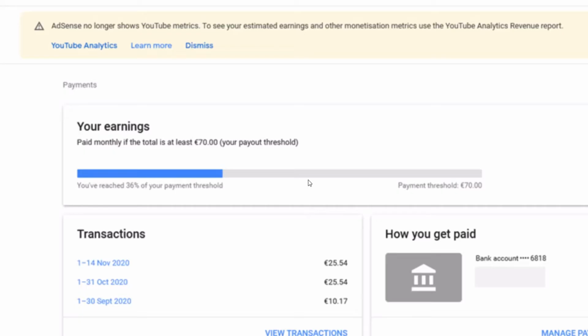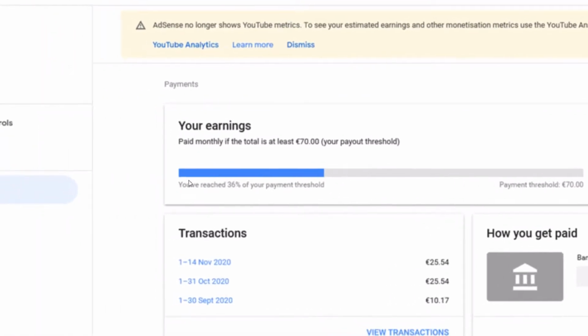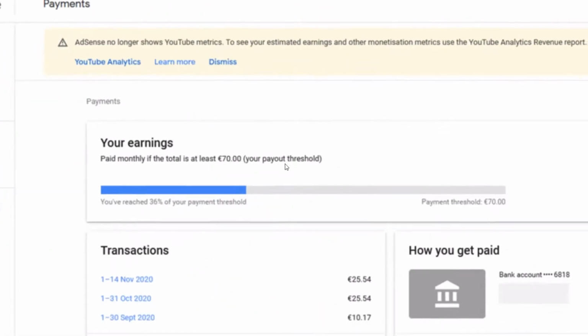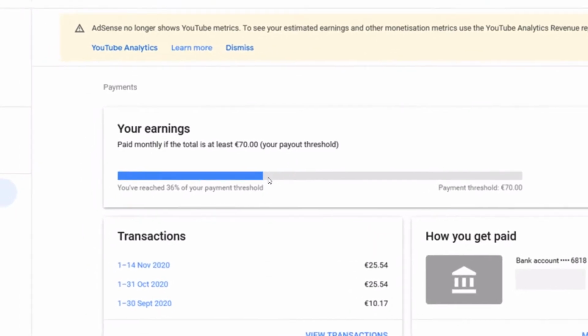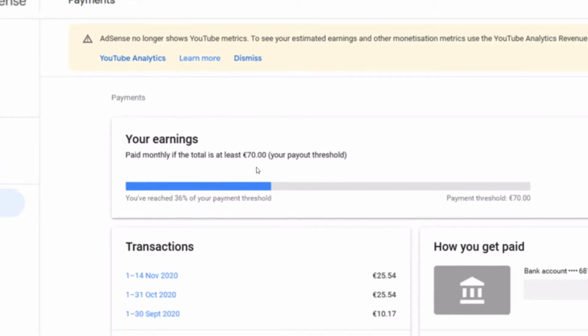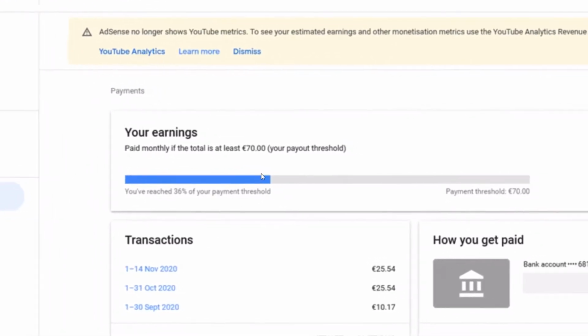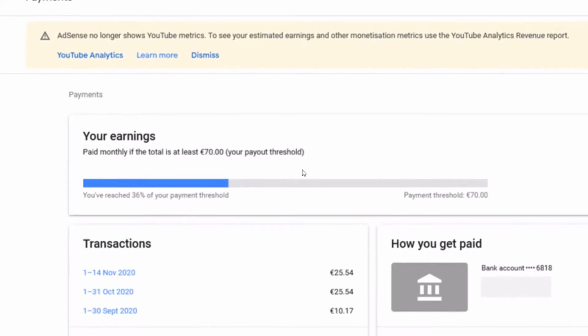When I said monthly earnings, I think I've already given you a clue on when YouTube should pay you, but let's look at the details, the dates and the specifics. When you click on payments, you are supposed to see your YouTube payments here. Now the question is, when does YouTube actually pay you on a monthly basis? In other words, when do YouTube payments display in your Google AdSense account on a monthly basis? This is the first question.